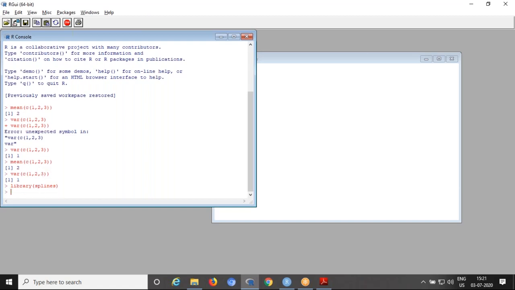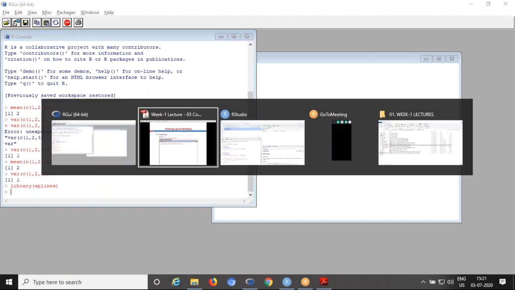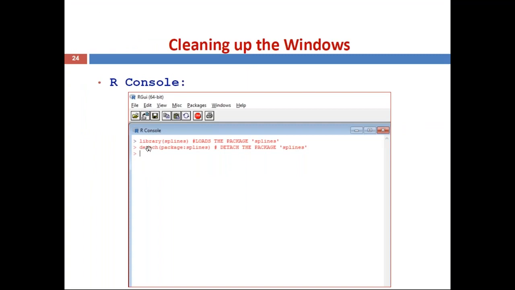Nothing will be displayed. Whenever it enters into the next line, it means the splines library is loaded. Then if you want to detach it, use this command: detach(package:splines). See the spelling carefully.